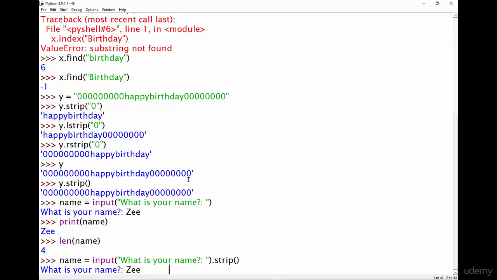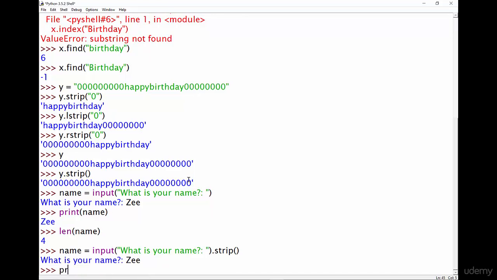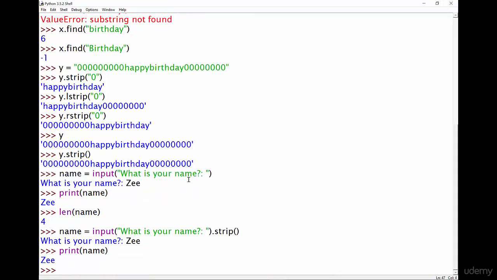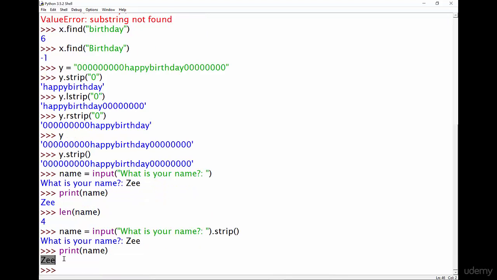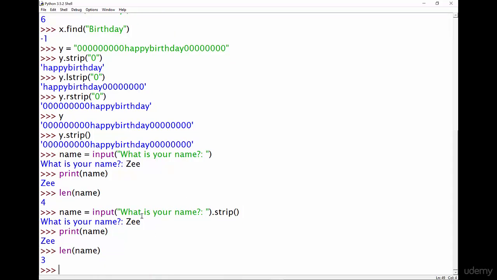many spaces like that. Now, if I print the name, it's just going to say that, but you can see that there's actually no spaces at the end, and I can check the length of the name, and it's going to tell me there's 3. So even though I typed all of these spaces here, because I used the strip method on whatever was inputted and then saved it in the name, we've managed to strip off all the extra spaces,